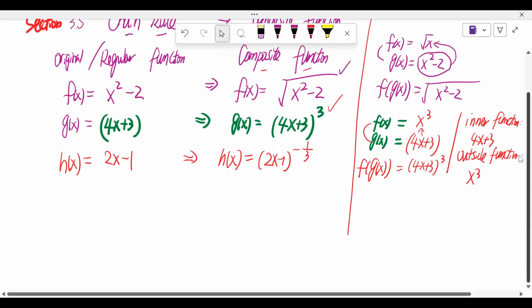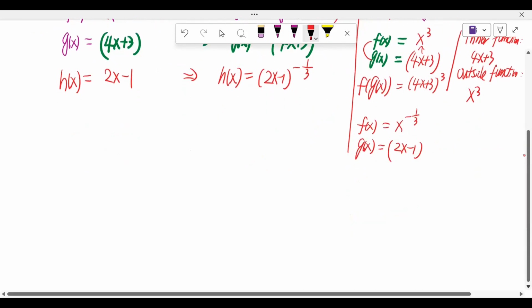One more time, for h of x, right? In order to break down h of x, the inner function is always the function inside the parentheses. So in this case, we know the inner function g of x is 2x minus 1. Then the outside function must be x raised to negative 1 third power. And if you do composition, f composite of g of x,